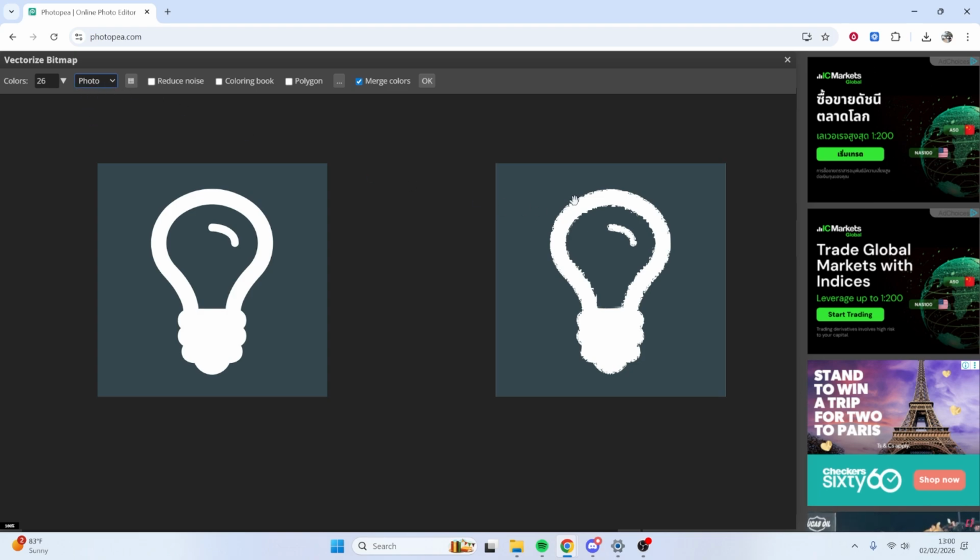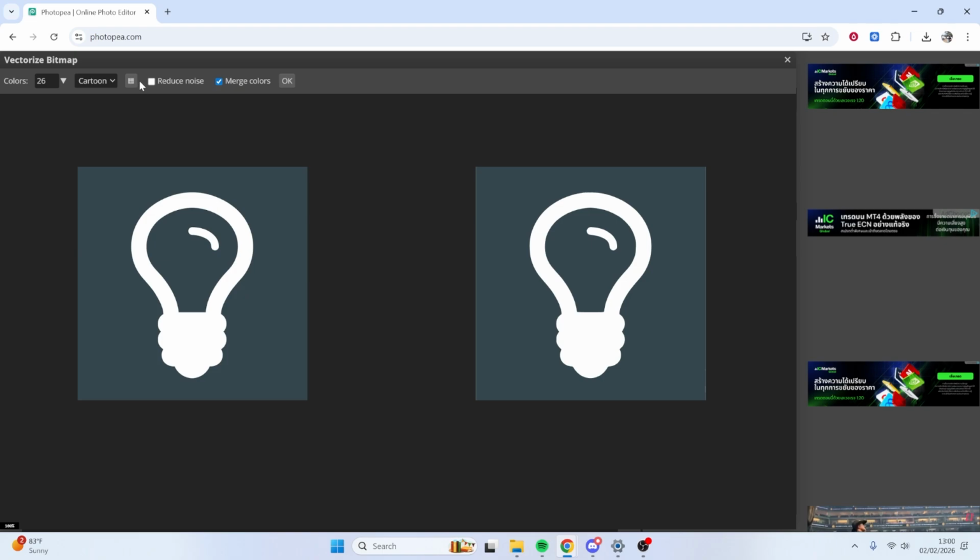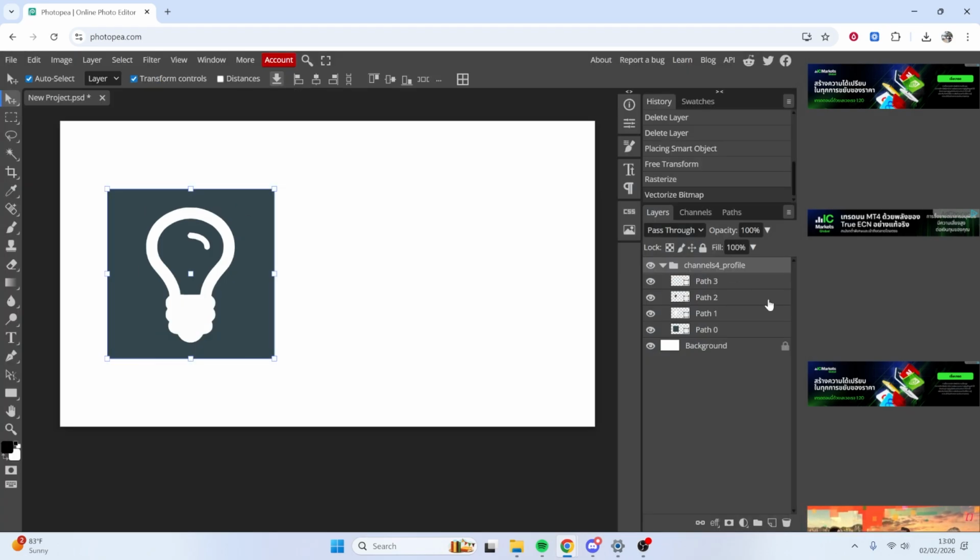So if I change it to photo, that's obviously not the setting we want, so just choose the setting which looks good for your logo. Again, reduce noise. It is very slight changes, but they may make all the difference for your logo. Once you're happy with the final outcome, click OK,